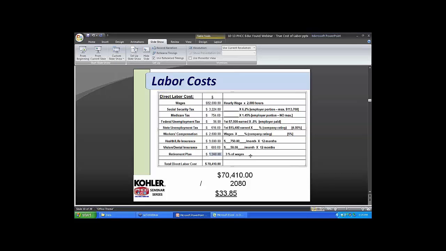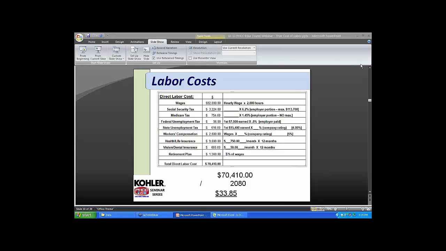The companies that are providing the best benefits tend to draw the best people. So I went with a small contribution rate here just to keep things fairly simple. 3%, the company is going to put 3% of the plumber's wages into a retirement plan account. So 3% of that $52,000 is